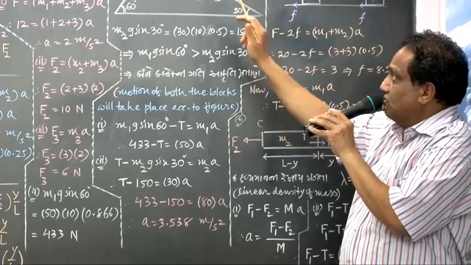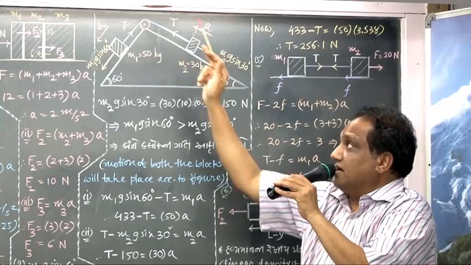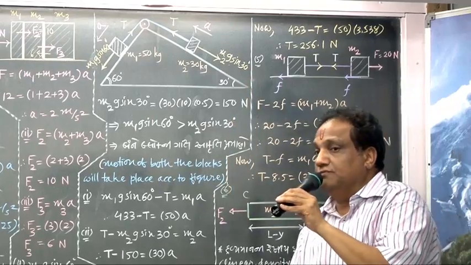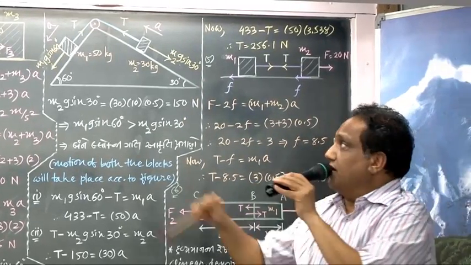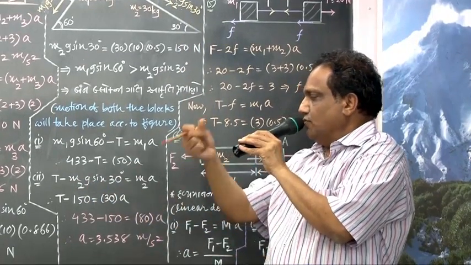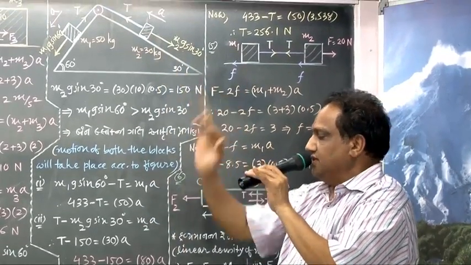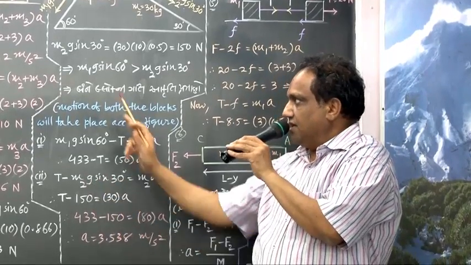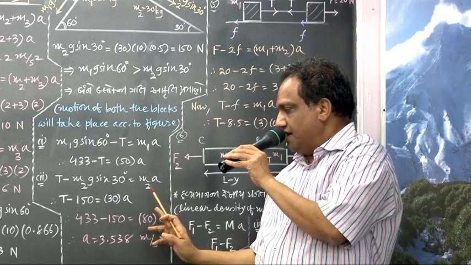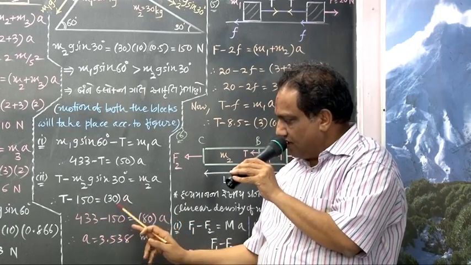Now similarly, the equation of motion for the second block. Bigger force must be this, then only this block will start rising, correct? So this is the bigger force, this is the smaller force. Bigger minus smaller will give you mass into acceleration. Bigger is this, T minus this. T minus m2g sin 30 degree should equal mass m2 into acceleration, which for both the blocks is the same. This m2g sin 30 degree altogether we found out is 150. m2 is 30 kg, a we require. Now it is T minus 150 equals 30 into a.